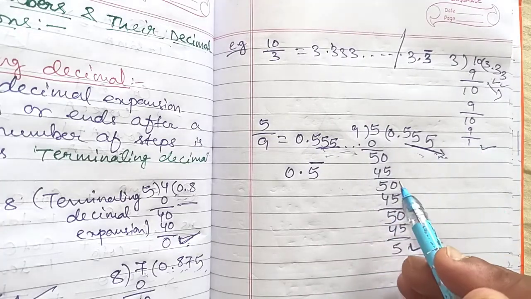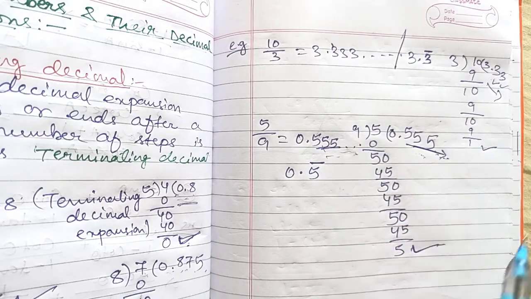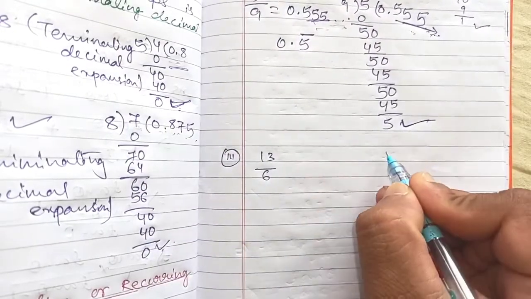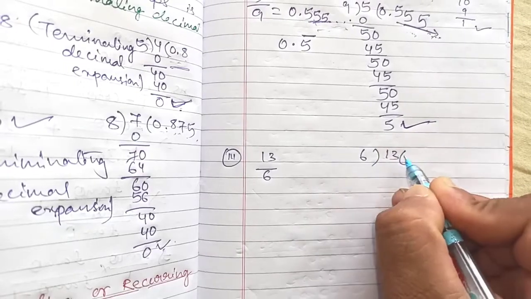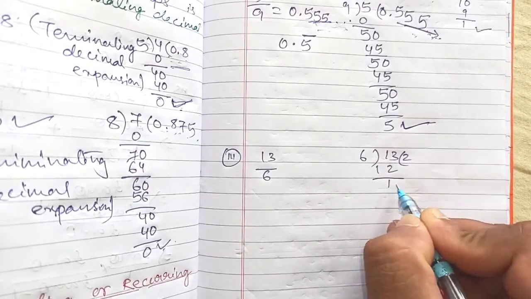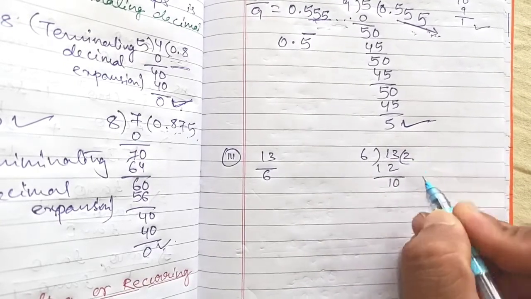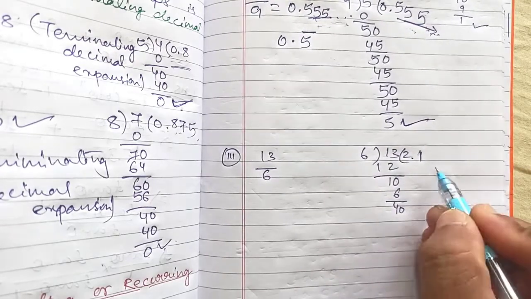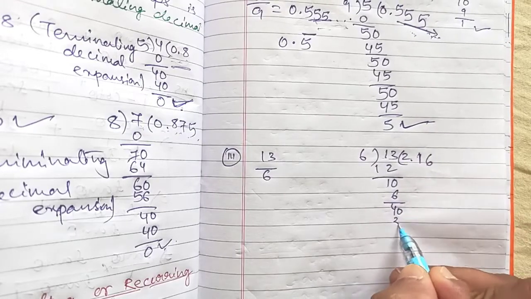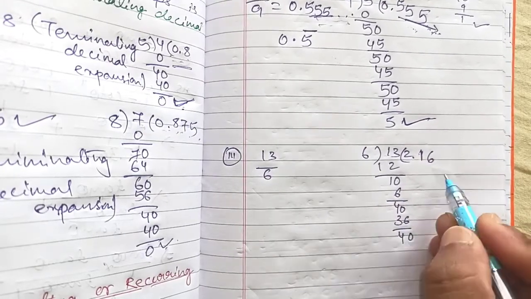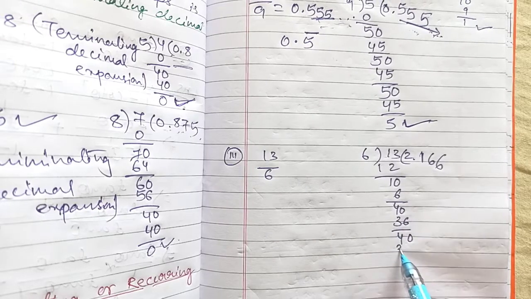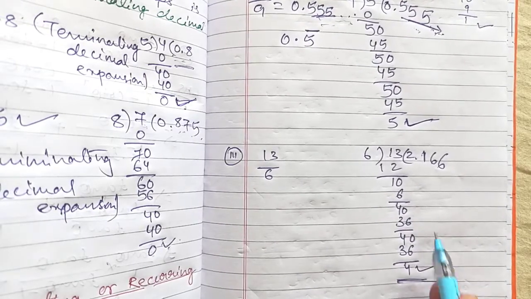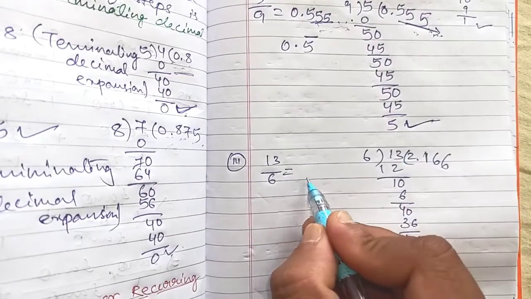Okay, there is one more example, non-terminating decimal, which I will give you. Like 13 divided by 6. I will divide 13 by 6. 6 2s are 12, 1 carry. I will put a decimal, so we can carry 0 here. 6 1s are 6, 4 carry 40, 6 6s are 36. Again 4 carry 40, 6 6s are 36, again 4 carry. That means what is the remainder here? 4 is continuing so many times. So the answer of this decimal will be